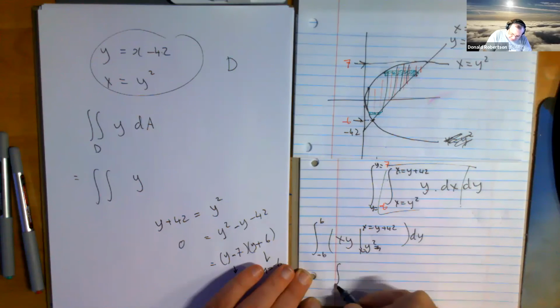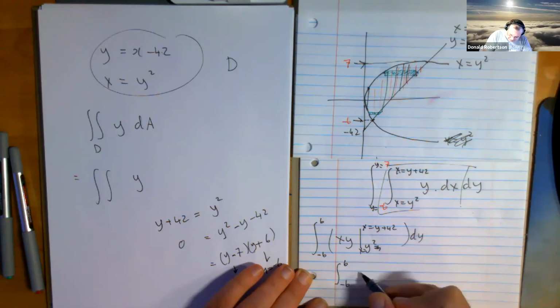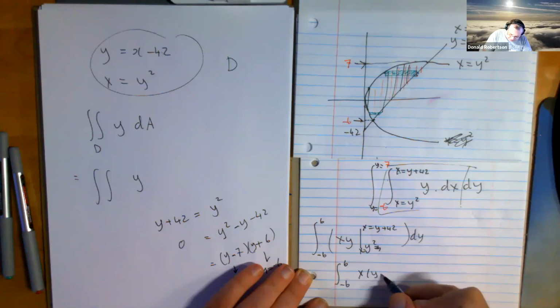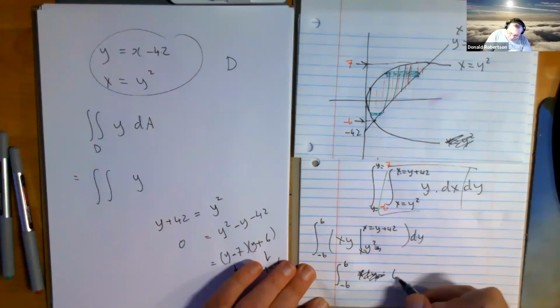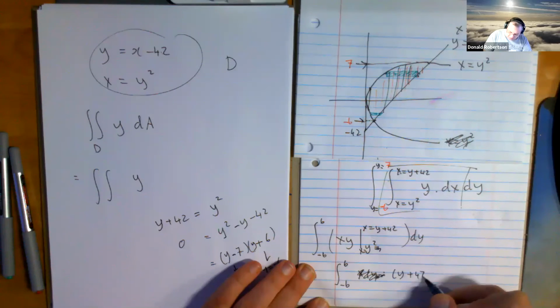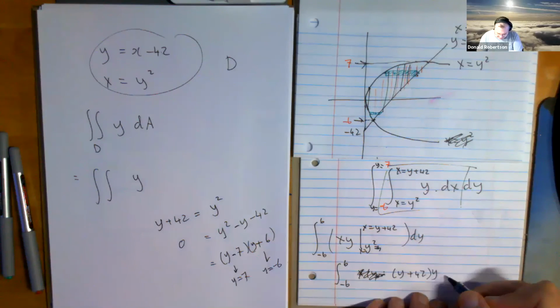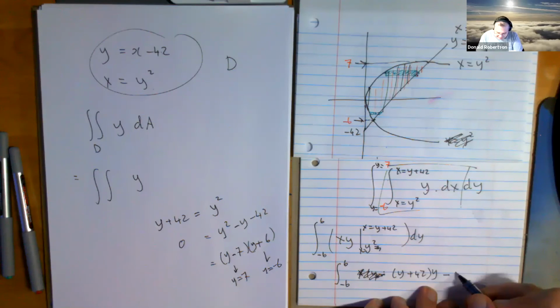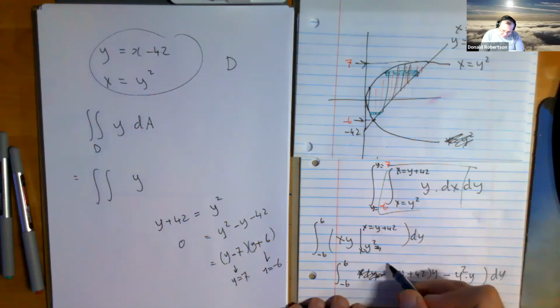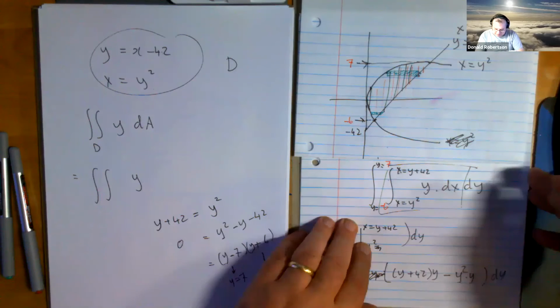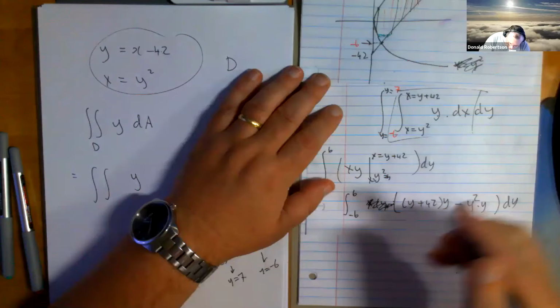That's going to be the integral from -6 to 6, x times y, take away x times y, this fella,